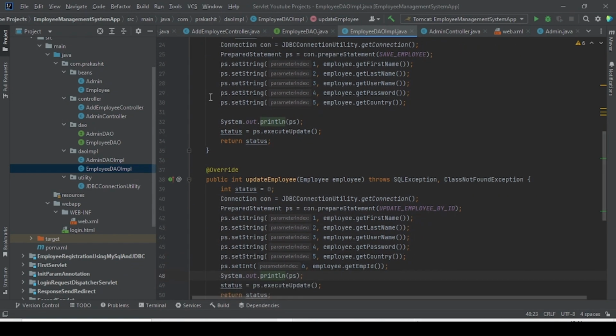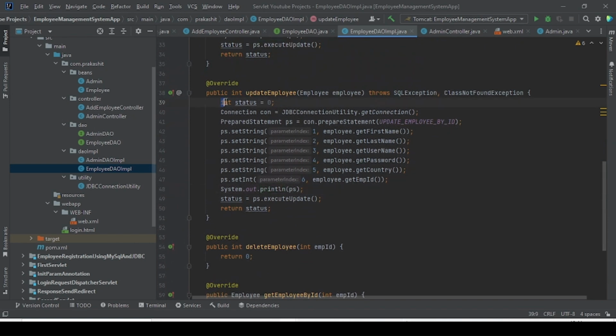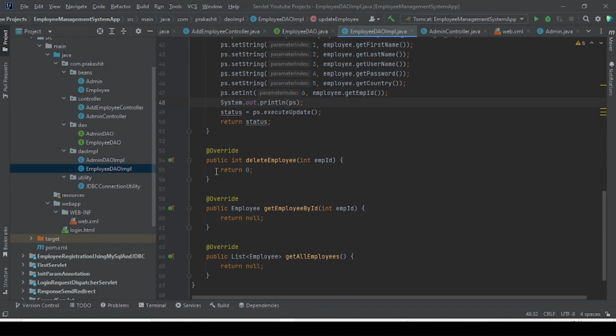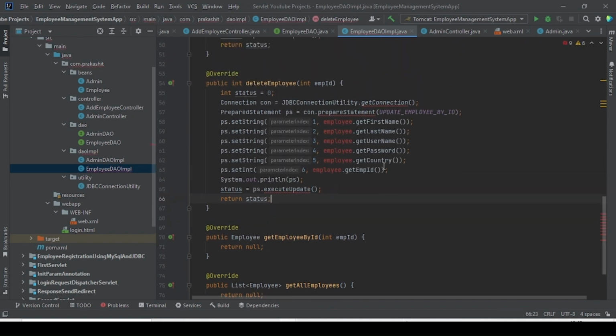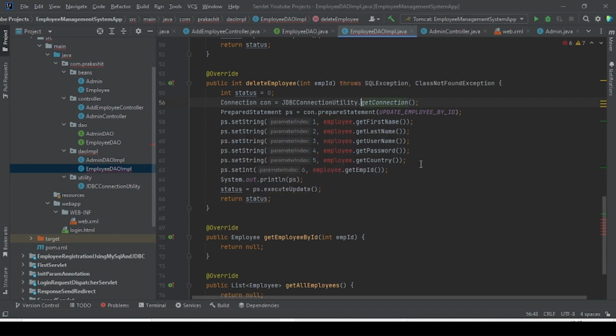Save, update, then delete also the same, int status, everything is the same. What I'll do, I will paste this one. This is the thing I have to implement, and delete query. So once this is prepare statement, delete, this is delete employee by id. Once that is delete, what I'll do, I will